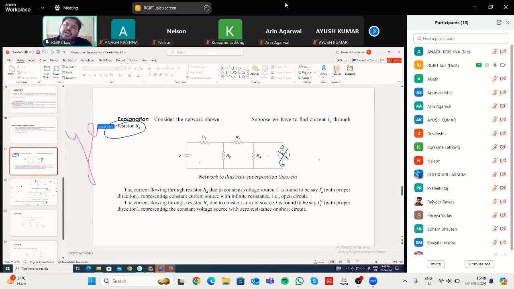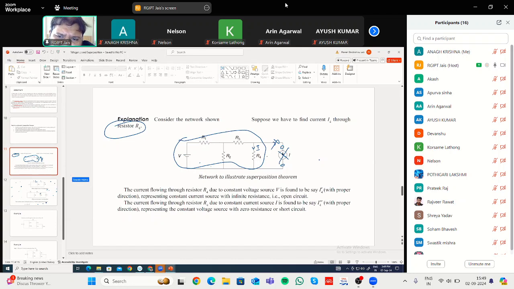Circuit. No current will be able to pass. So you are only considering this part of the circuit. And you should find the current flowing through this R4 when you have deactivated this current source. That means, let us say that is denoted by I4 dash. So through, again, whatever technique you have learned, using simple current division, you will be able to find out